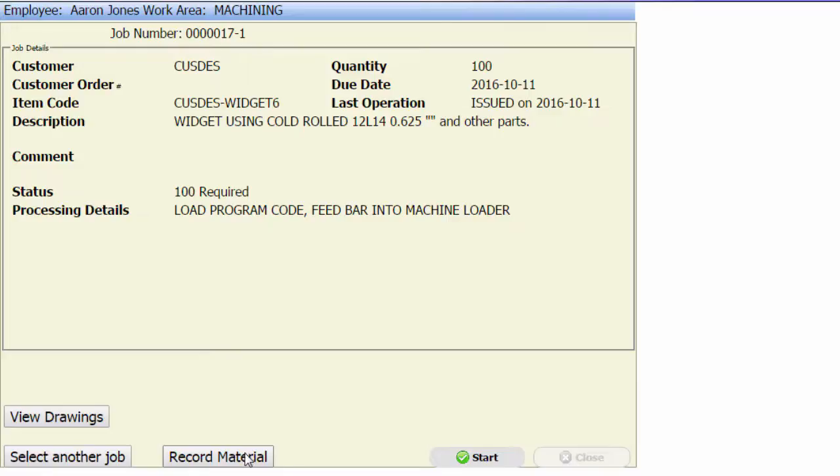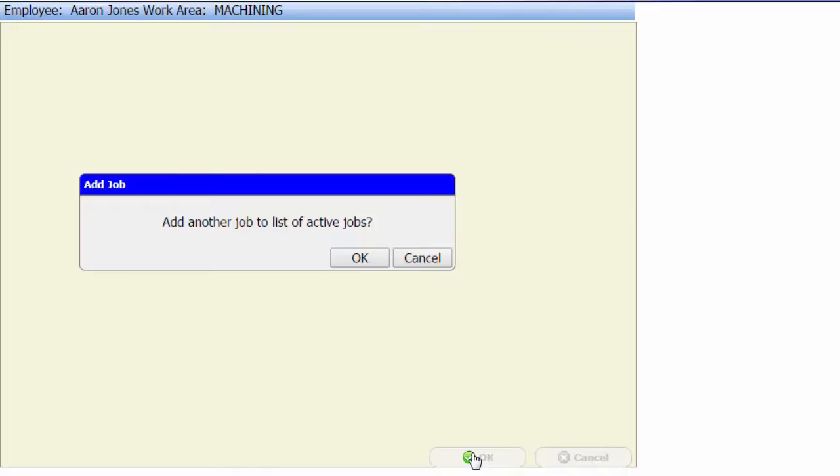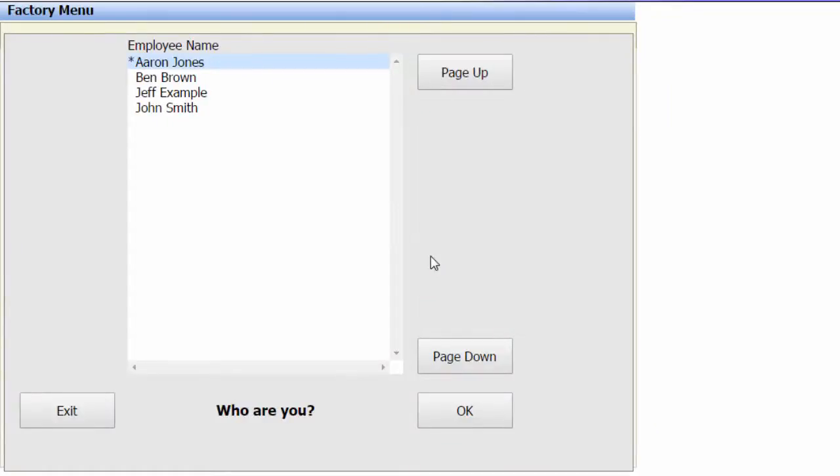I will be working on this job, so I will click the Start button. If the employee is Superman capable, they will be asked if they would like to work on additional jobs at the same time. In my case, I will indicate no by pressing the Cancel button. After clicking the Start button, you will be returned to the beginning so that the next operator can use the